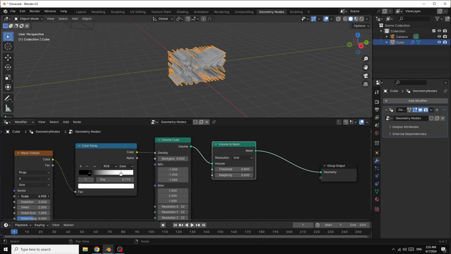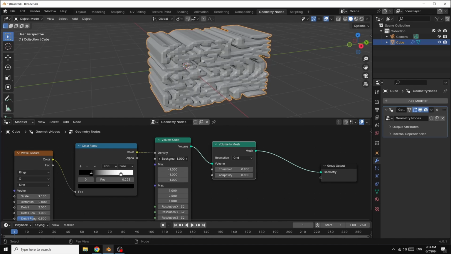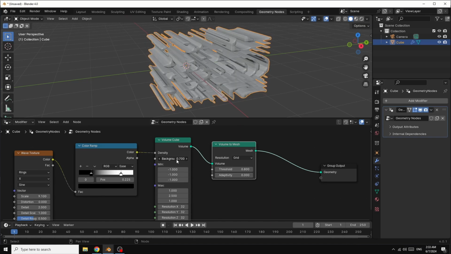Now here increase the number. And here give it 0.5.